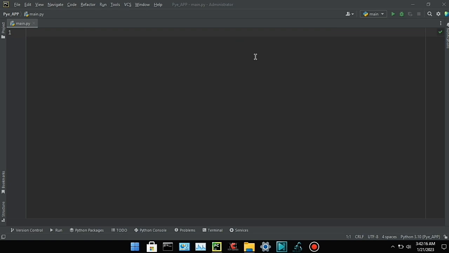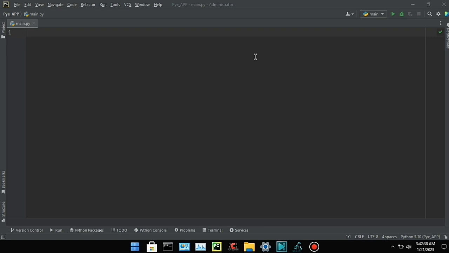Data types in Python are examples of data that we can use in Python. For example, we have the string data type, the integer, the floating point, and the Boolean data type. We are going to be looking at examples of these data types. First of all, we are going to look at an example of the Python data type called the